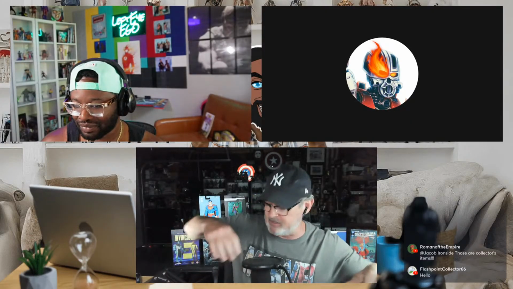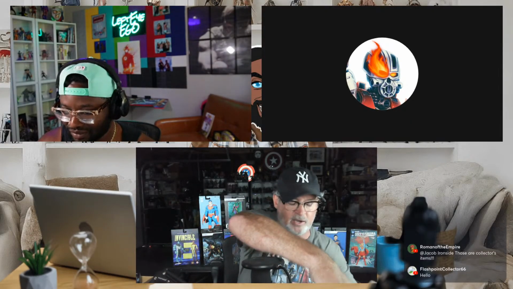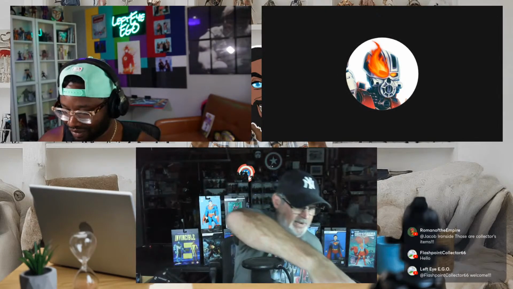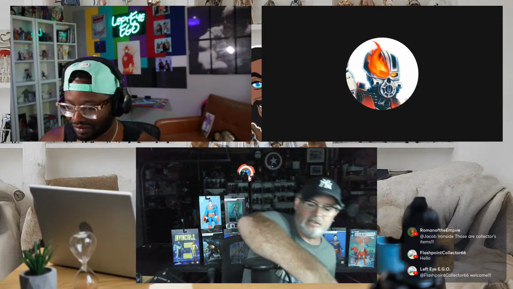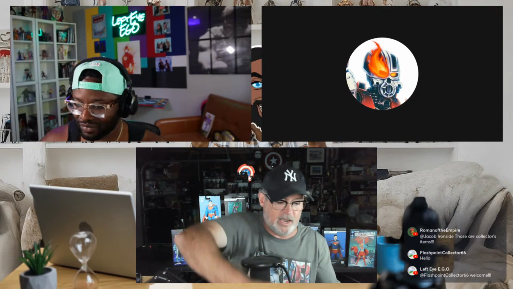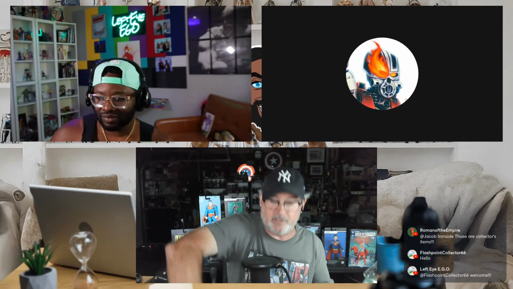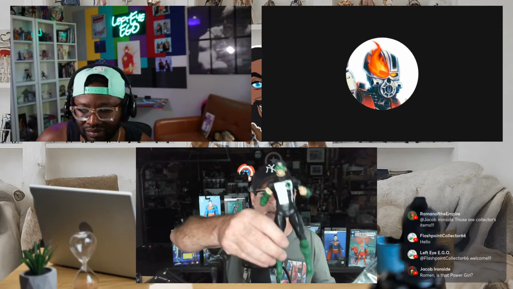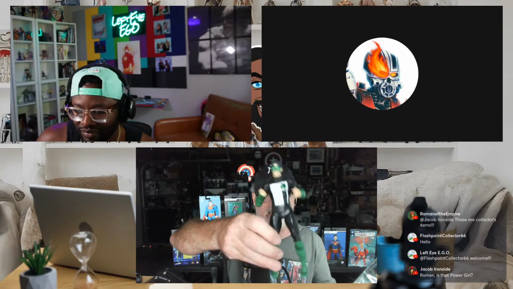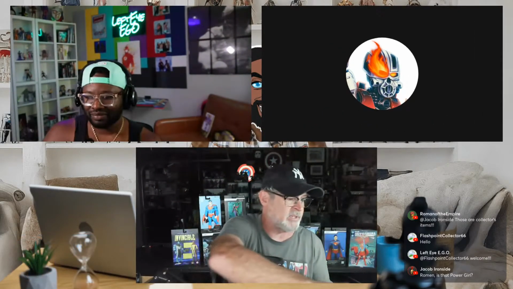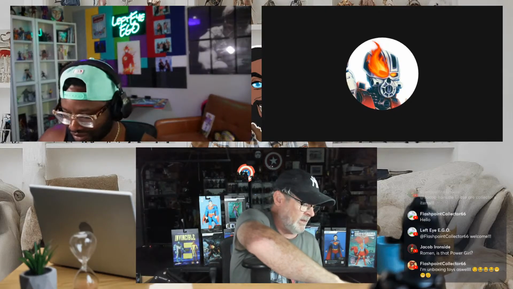Flashpoint. So, like I said, this thing weighs a metric ton on its own. I'm going to put the box down here just to get it out of the way. I'm going to pop Kyle out first because I want you to see the scale of Kilowog. The Kyle Rayner figure itself is nice. It's a good figure. Like I said, I have a similar, not the same one that's up on the shelf already. It comes with the lantern and the swords and all the business, and that's fine. But Kilowog,